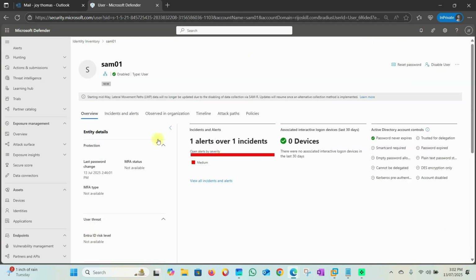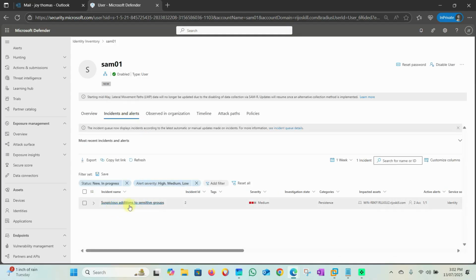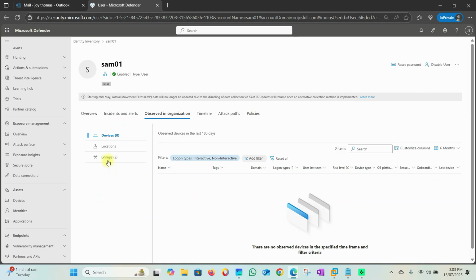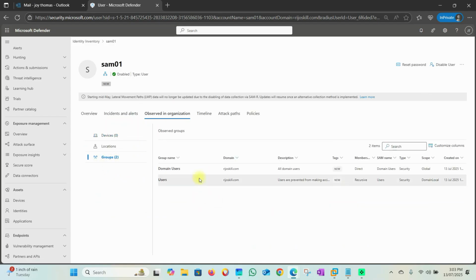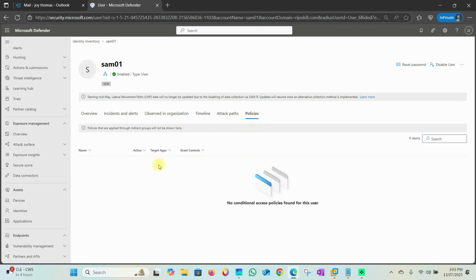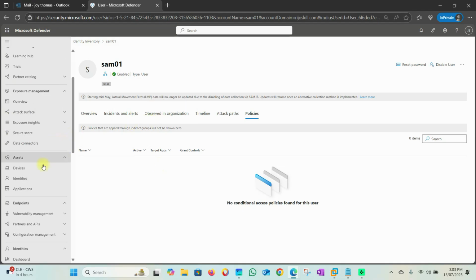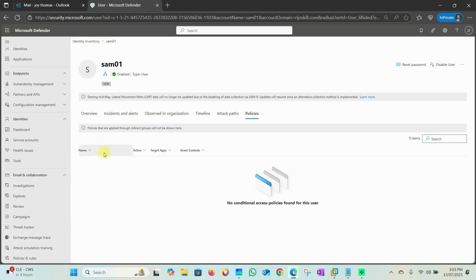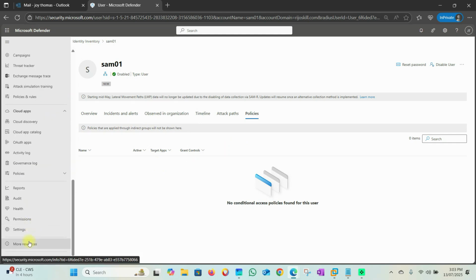So now the same alert will be one alert over all the incidents from here also. Incident analysis: suspicious addition to a sensitive group is added. Observation, organization: just a group, domain user and user. We will see the timeline also, the same concept, then attack path and policy. So this is the concept. Once you trigger it, an alert will be generated immediately from the Microsoft